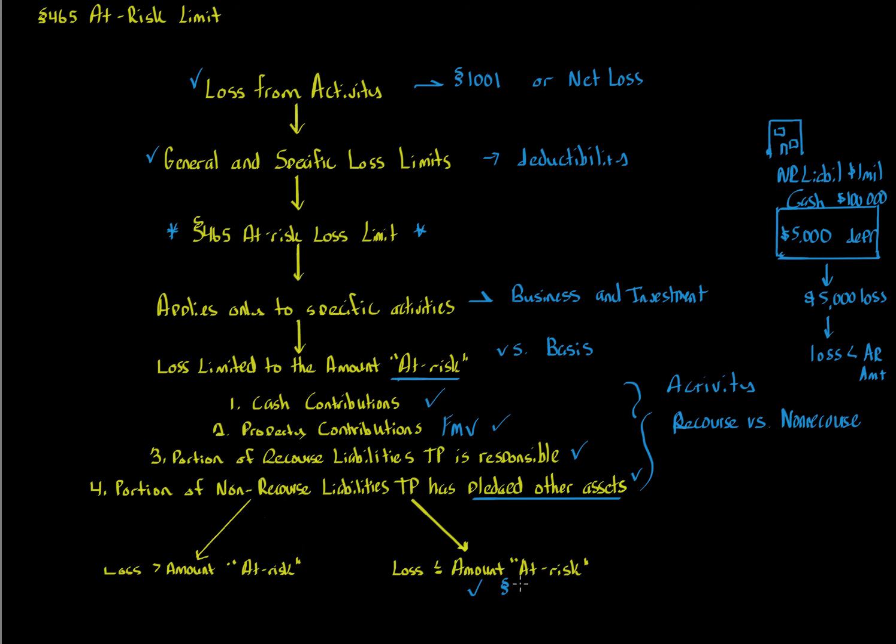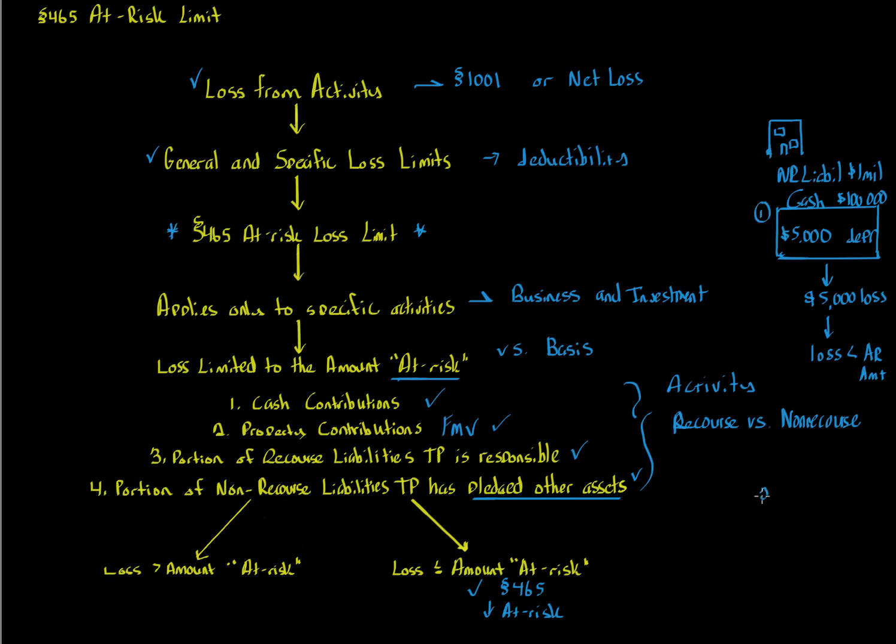So it's good if the loss is less than the amount at risk, then for Section 465 purposes, it's good. It can be deducted in the current year. This will also reduce the amount at risk because the amount at risk is calculated on a continuous basis. You keep track of it. So this reduces the amount at risk. What would happen if I changed around the facts and I told you that this actually created, let's say, same facts, non-recourse liability, cash of $100,000, same amounts, but let's say it's created a $120,000 loss. So this is, let's say, situation 1,